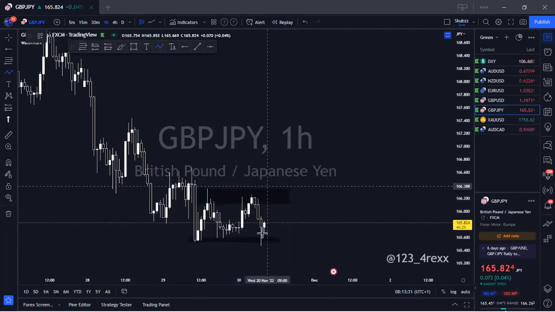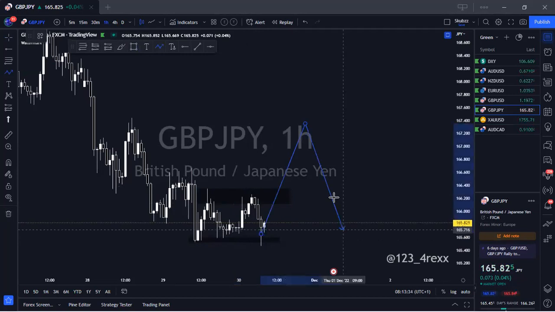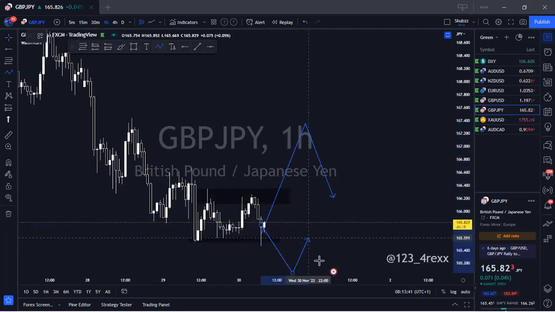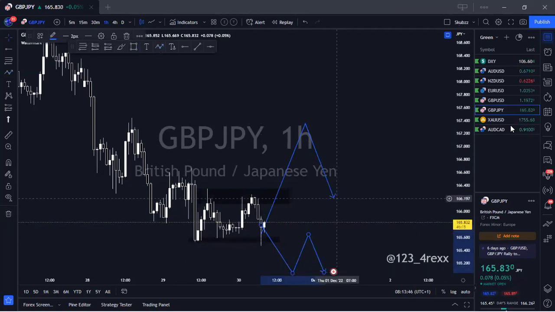So that's basically what we're looking out for. Either a break above, that continuation, that's a clear exit of the range, or a break below. So we're basically waiting to see if we are going to see any break either way, and then we catch the retest and then we'll sell, or we wait for the break above and then catch the retest for a buy.